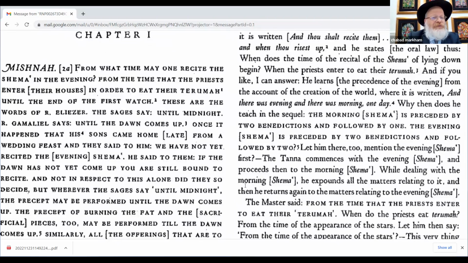So now we have the halacha is also like Rabbi Gamliel. You try to figure out later on, how could it be like both? But we'll see. The Mishnah itself will tell you why the halacha is like both. Okay? But before we get to that, let's try to understand over here.